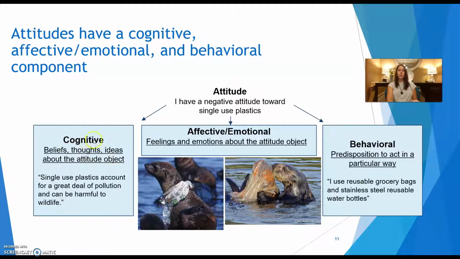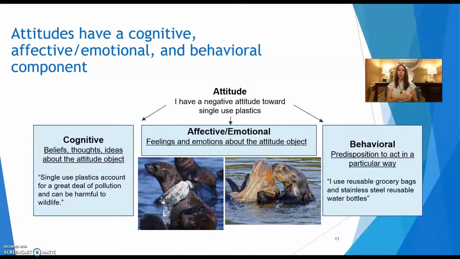There are cognitive elements to this. There are beliefs, thoughts, and ideas that I have about that hopefully are grounded in fact. Single-use plastics account for a great deal of pollution. They're harmful to wildlife. If you heat food up in the wrong type of plastic container, you can actually get chemicals that are bad for your body. So the first part of an attitude is those cognitive components that are your beliefs and your thoughts and ideas